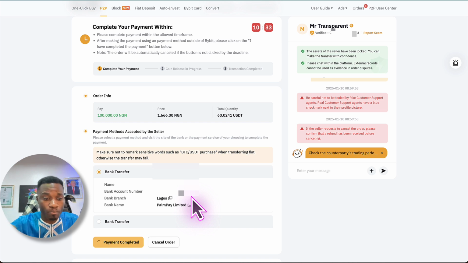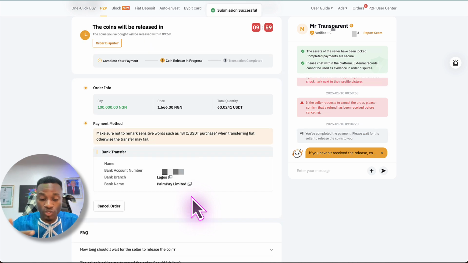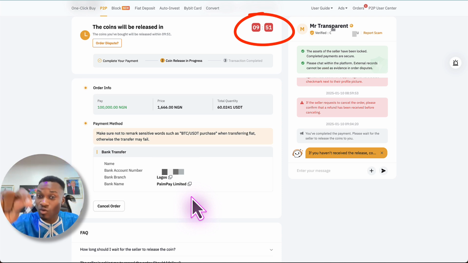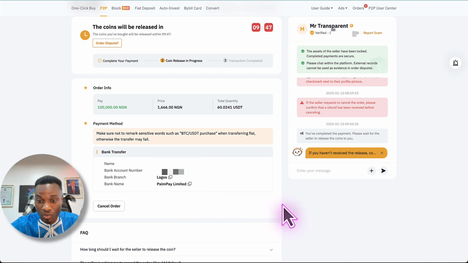You have to click on payment completed before you start uploading your slip, so that the time frame won't go against you. You can see right now we have 9 minutes and 54 seconds. So you have to click completed. That is after you have made the transfer. Now you can message the seller, I have paid,